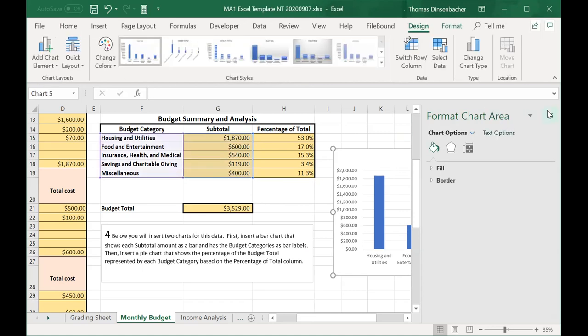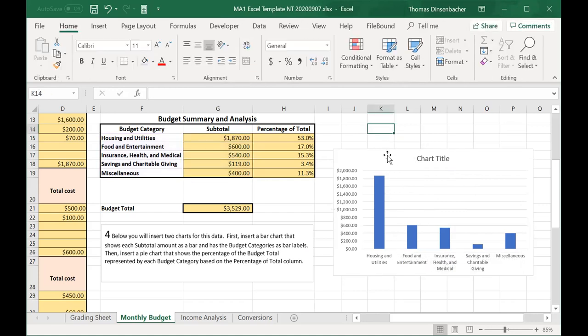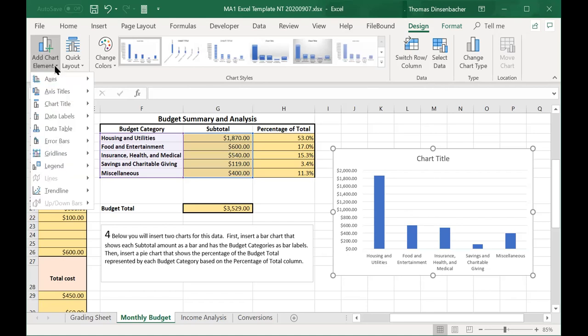And to do that, you can just click inside the title and then change the wording. You'll want to pick something appropriate for your chart. Then you'll want to add axis titles to the horizontal and vertical axes. Note that when you select the chart, a design menu tab shows up at the top. That tab now has an Add Chart Element dropdown, and from the Add Chart Element dropdown, you can add axis